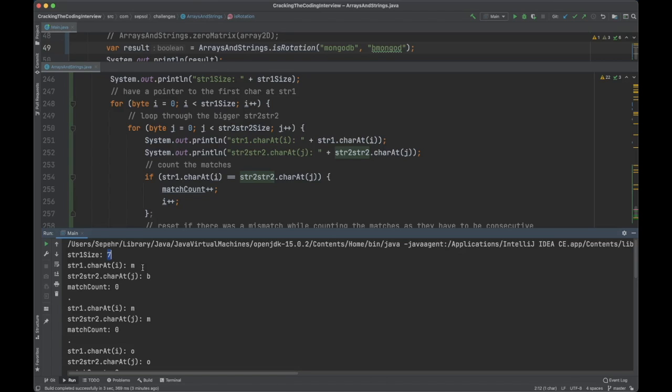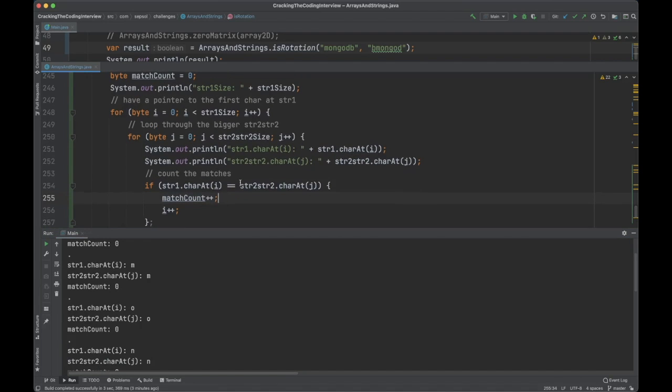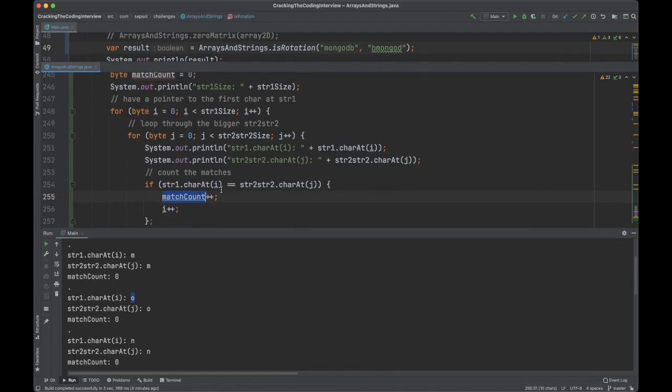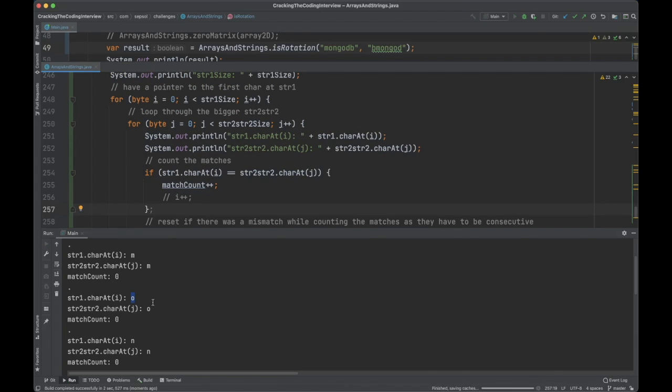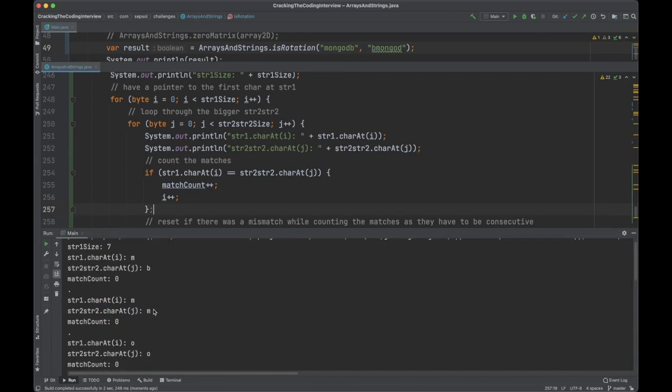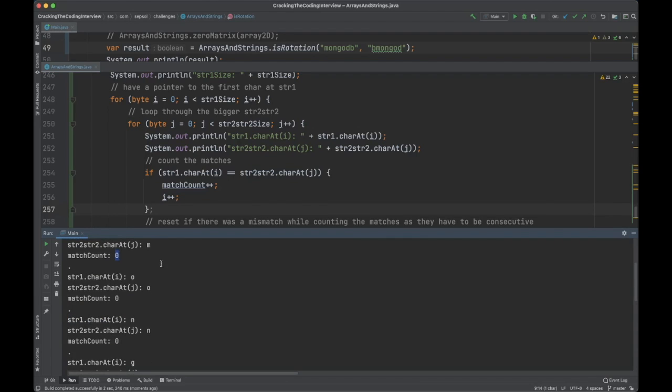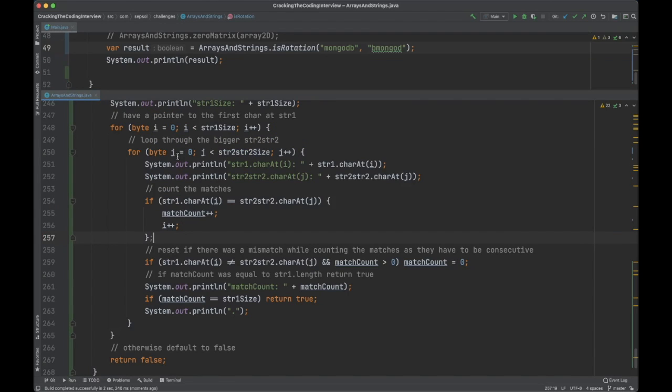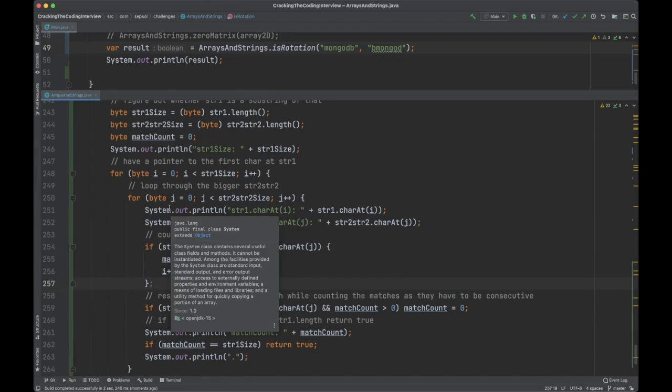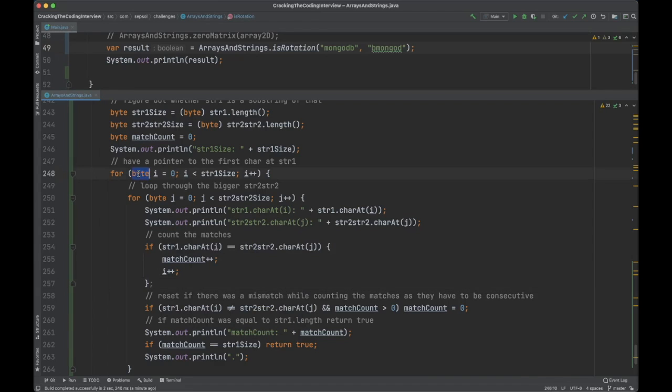I'm guessing that when we increment the i as soon as we want to increment the match count, we don't give a chance to that if statement to evaluate correctly, and we kind of mess up